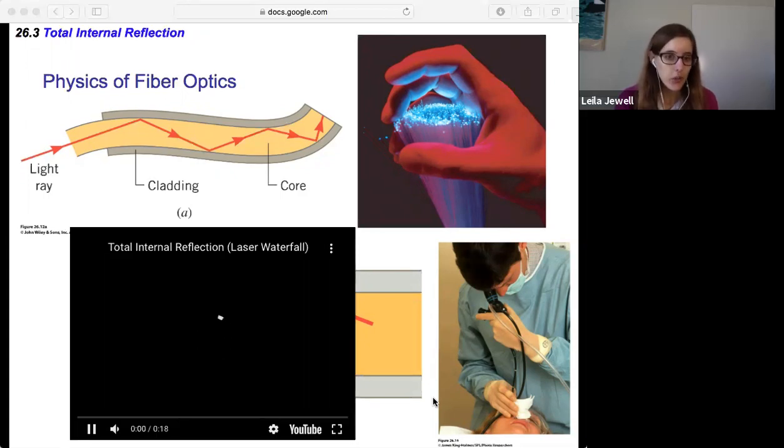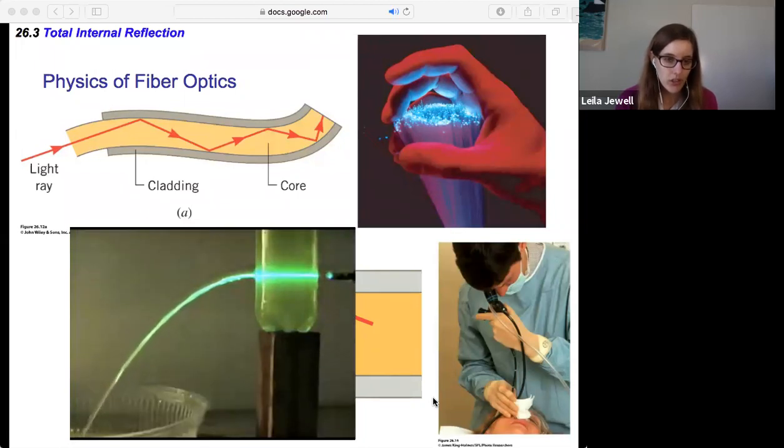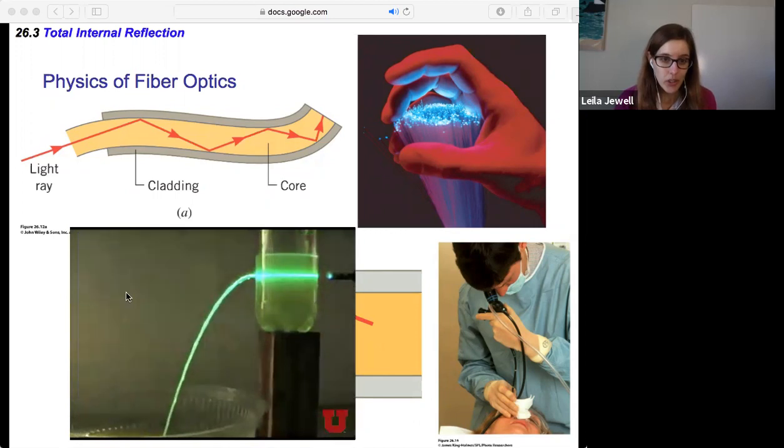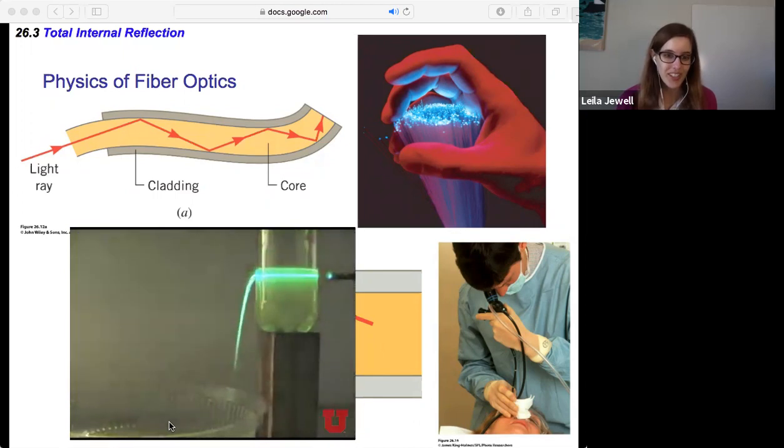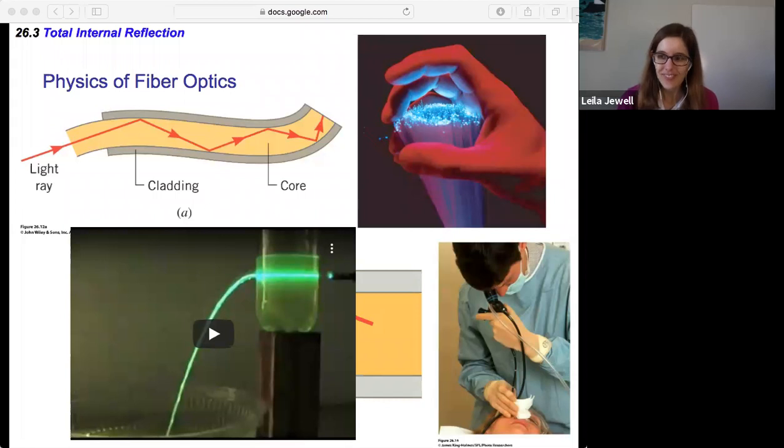It's looking at total internal reflection known as a laser waterfall. So with the laser waterfall, there's a stream of water that's coming out of a pool of water, and the laser is shining straight through the pool. And notice as the water drips lower and lower, the laser light stays within the water. It doesn't go outward at all. So the laser beam of light is redirected to stay within that water. Really cool to see. So total internal reflection,